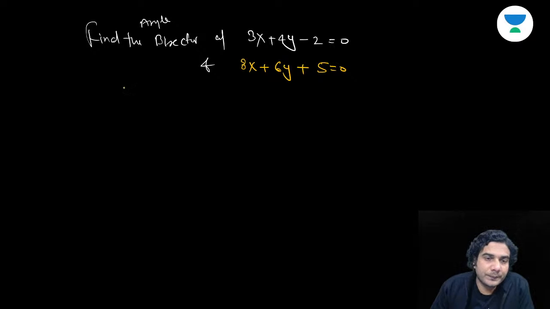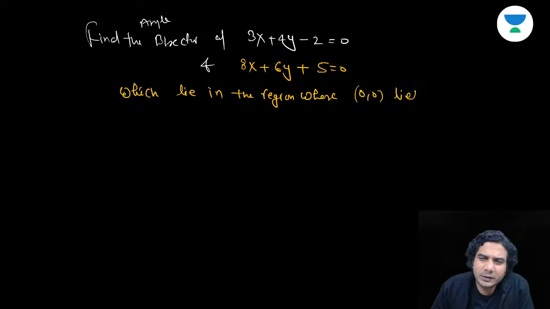Bisector of these two lines which lie in the region where origin lies. Origin or any point,